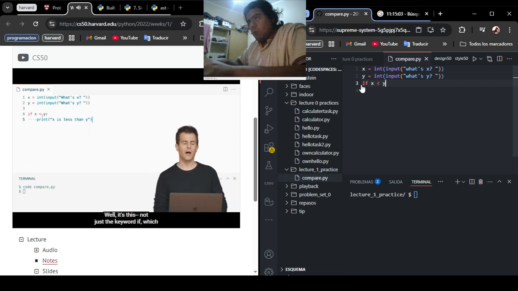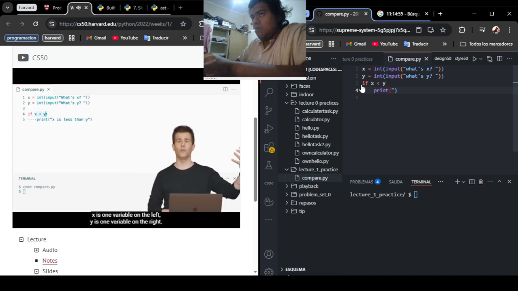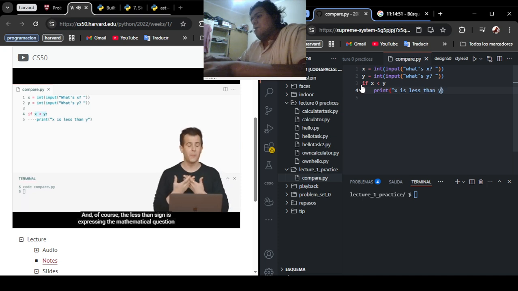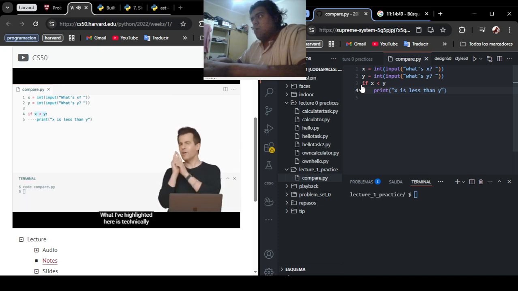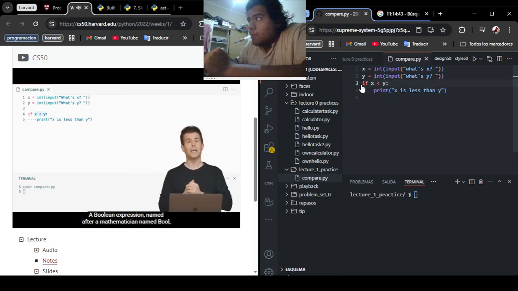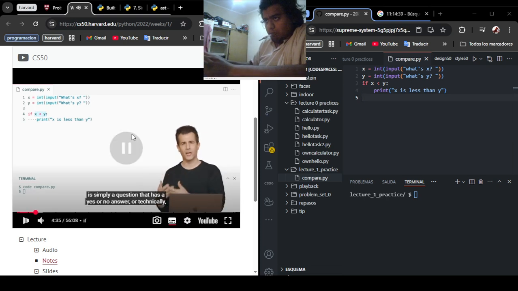Well, it's this. Not just the keyword if, which I've added here at the start of line 4, but then I ask my question here. x less than y. x is one variable on the left, y is one variable on the right, and of course the less than sign is expressing the mathematical question I have. What I've highlighted here is technically called a Boolean expression. A Boolean expression, named after a mathematician named Boole, is simply a question that has a yes or no answer,